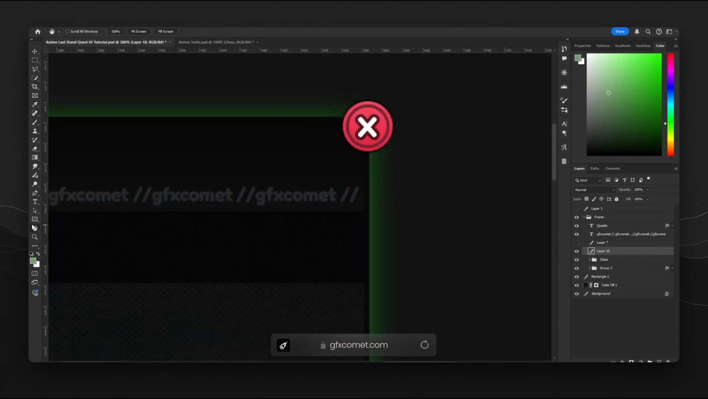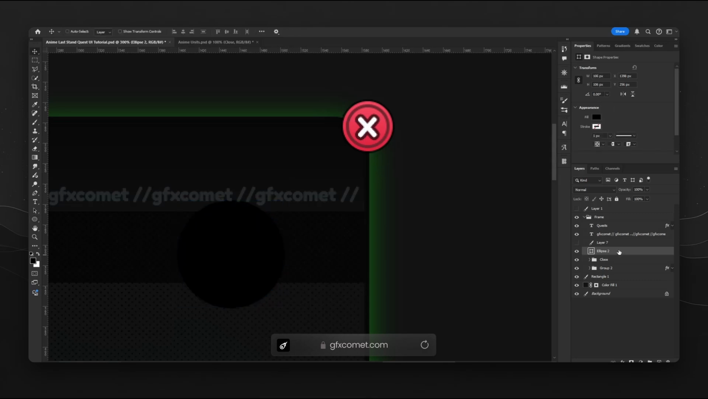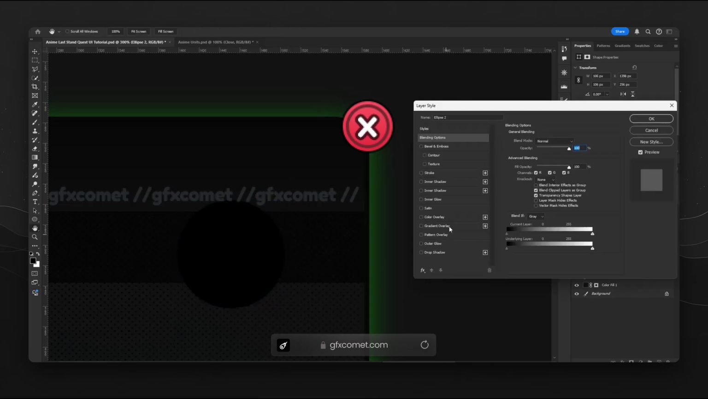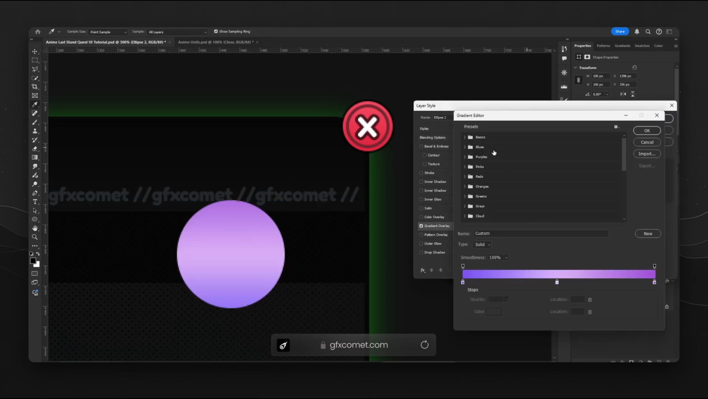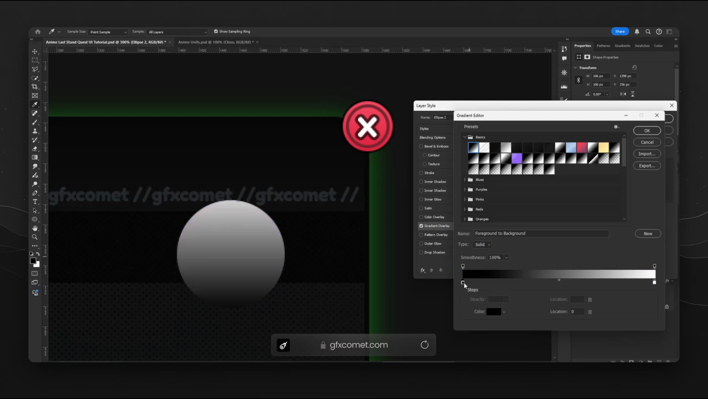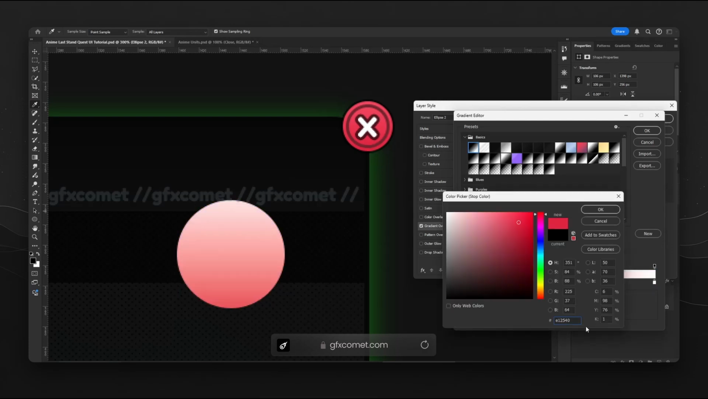Now the close button. Take your ellipse, create a shape, and here is the gradient right over here. Give me a second. First color, boom, E12540. Second color,